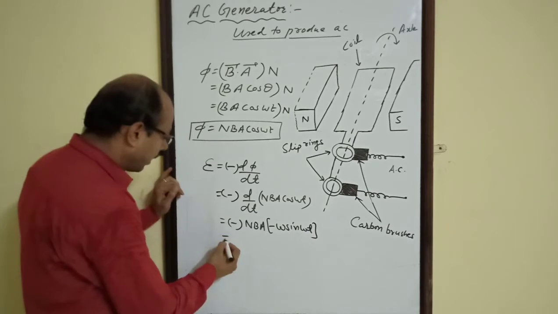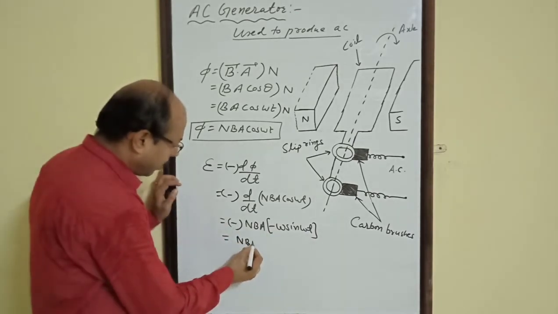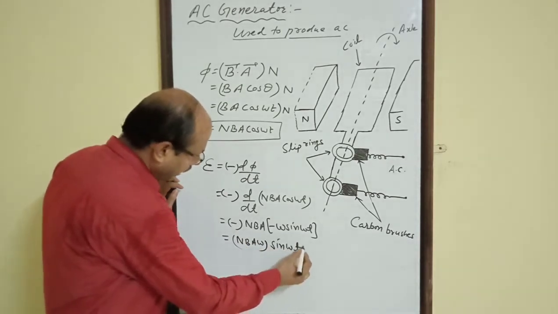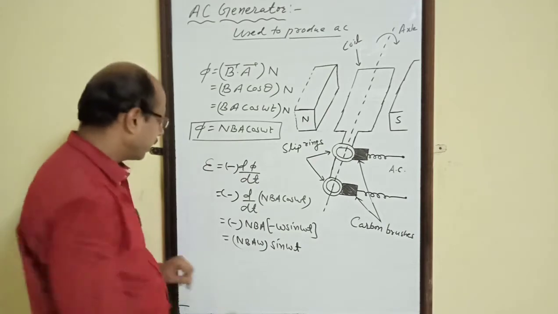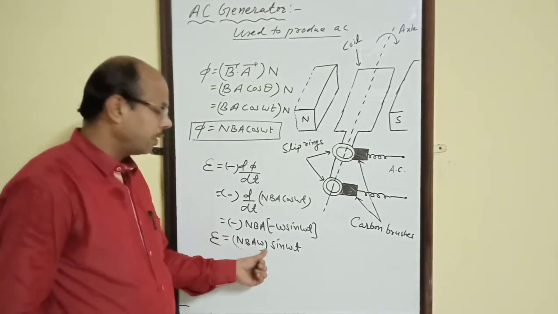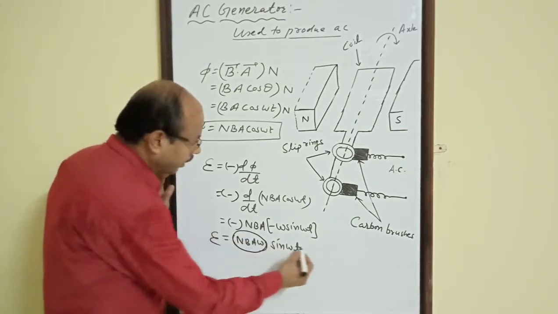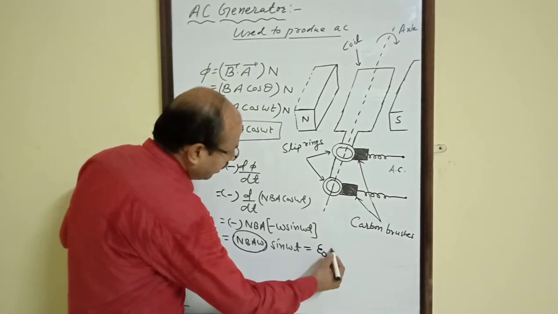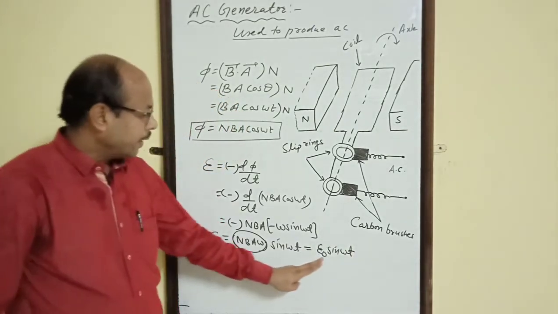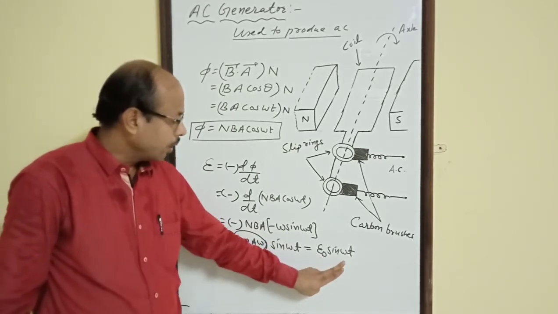And finally we can write this minus minus becomes plus nBA omega sin omega t, that is the value of induced EMF. Now this nBA omega is all constant quantity, therefore it can be written as E naught. Now by getting this expression E naught sin omega t, I think you all are able to understand that this